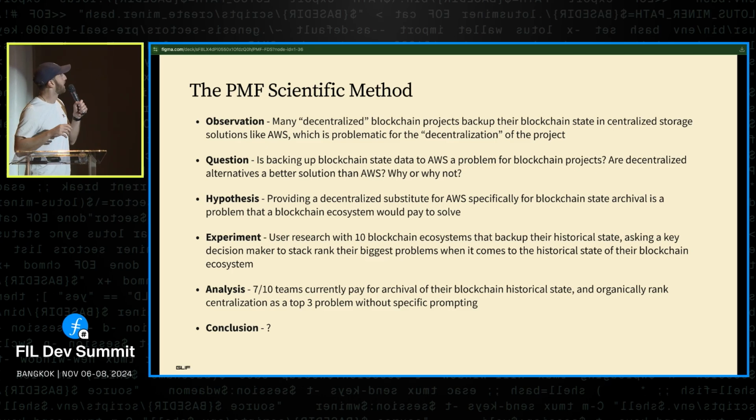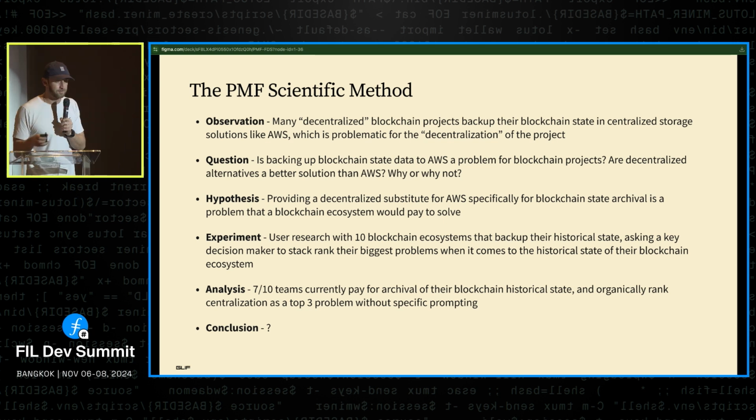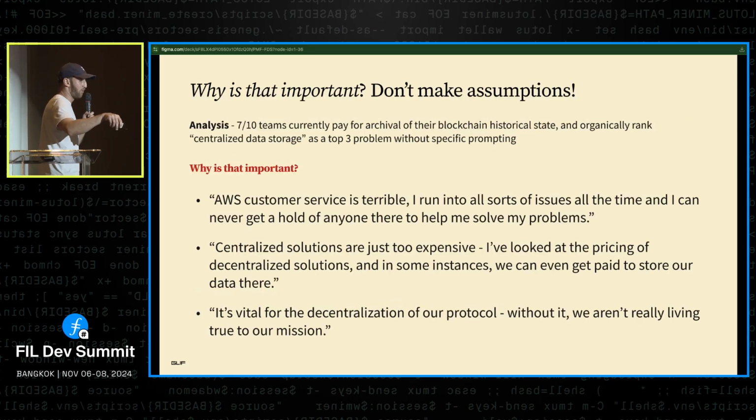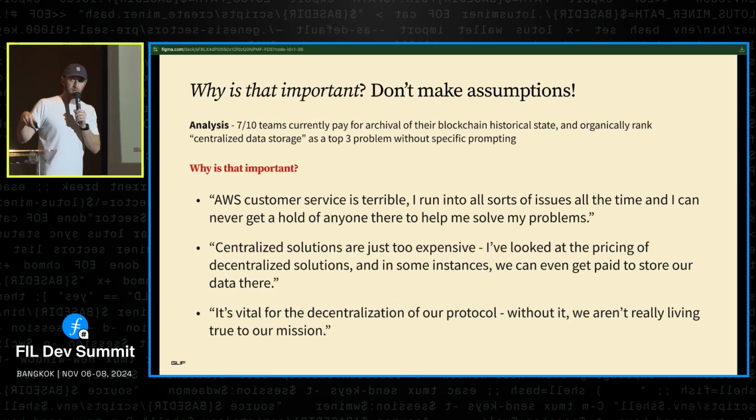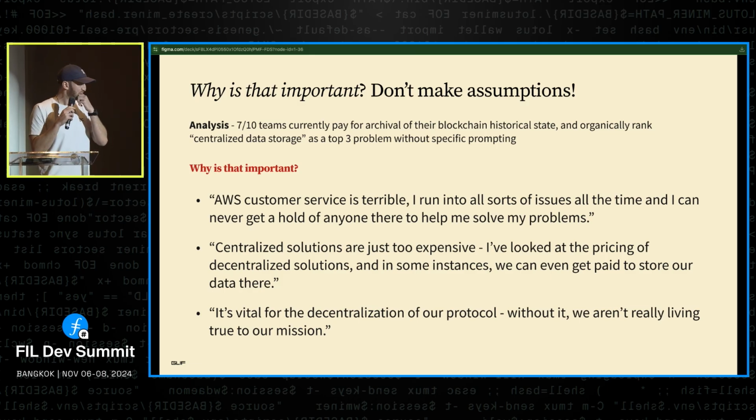But we need to be careful. And this has happened to me in the past. We need to make sure that the reason that something is a problem for a potential customer aligns with the hypothesis that we have. So it's really always important to ask why something is important to someone, or why is this a problem? Because we might hear, oh yeah, storing our blockchain state on AWS is a huge problem for us. And we're all like, yeah, of course it is, because that's going to violate the decentralized nature